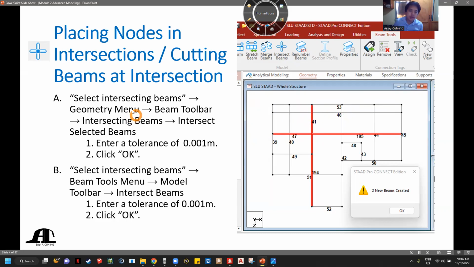Okay. So again, there are 2 ways on how to access the command. Okay. So first, we go through the geometry menu. Okay. Beam toolbar. Secondly, we have to click everything. So like you can, supposedly kasi we have to select the beams that are intersecting. Tapos at their intersection, we are to cut them, no? So yeah. You can also click the beams and then go to the beam tools menu. Okay? So again, class, I will show you